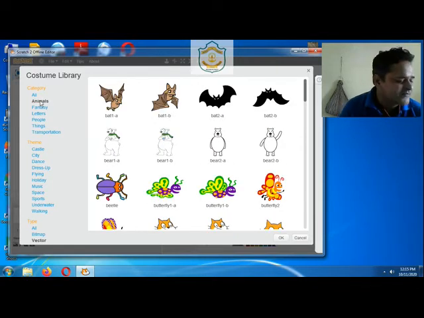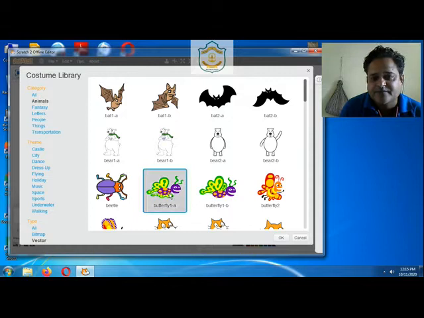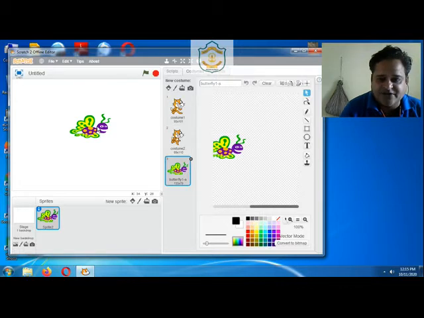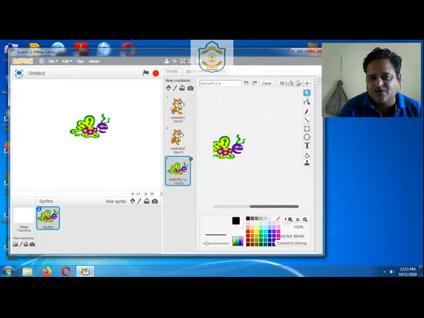Let's select as given in the book itself. Let's go for butterfly. Just select it, click on OK, and you can see now our sprite is butterfly instead of cat. Now we can give movement to it, and we can make several other changes to it also.